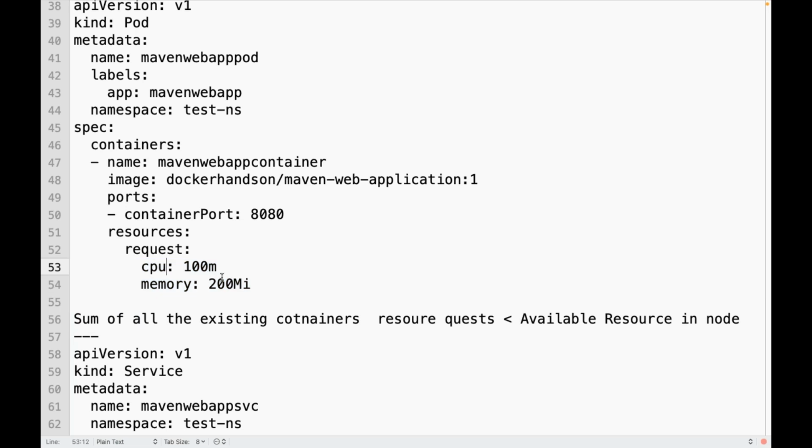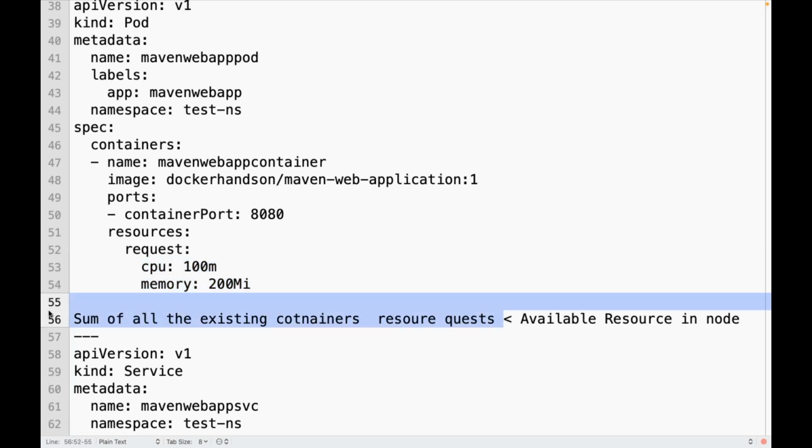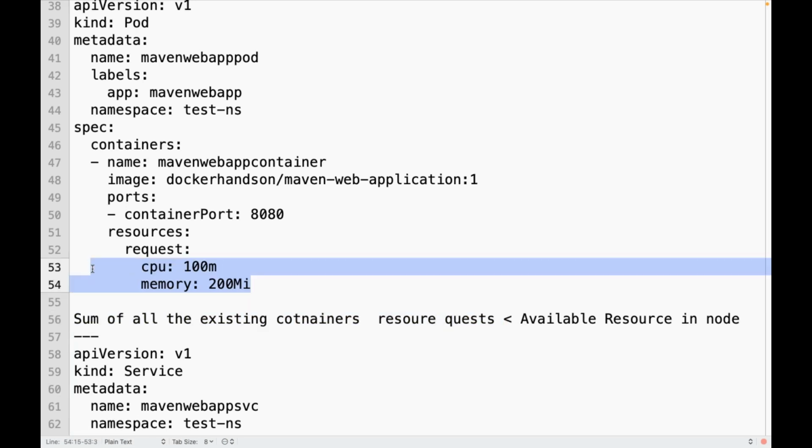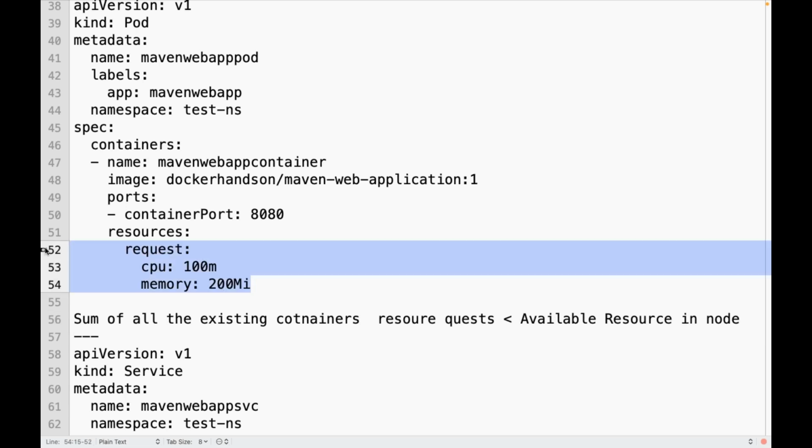Suppose I already have a lot of pods and this much resource requests are already used. If that is not available, after summing all the container resource requests and comparing with the system capacity, if it is very less, the scheduler will schedule. First of all, will it schedule that pod if you don't have that much?